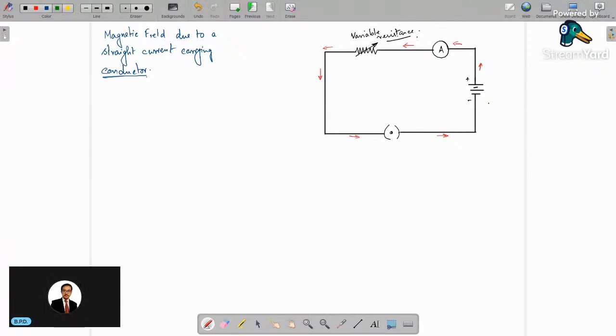So if we switch on this key, then and there a flow of current will be observed, which has been shown over here. And with the flow of current, if we take under consideration this portion,